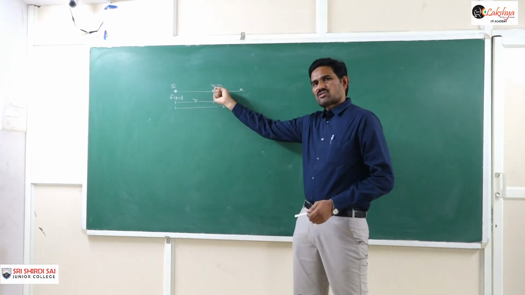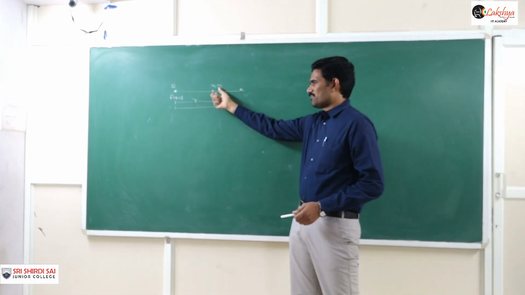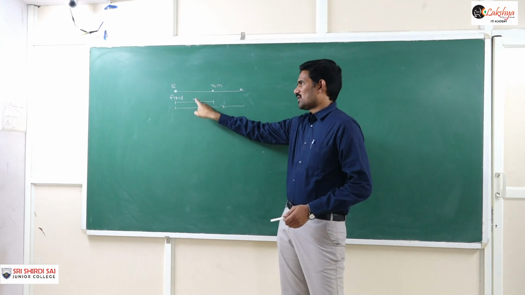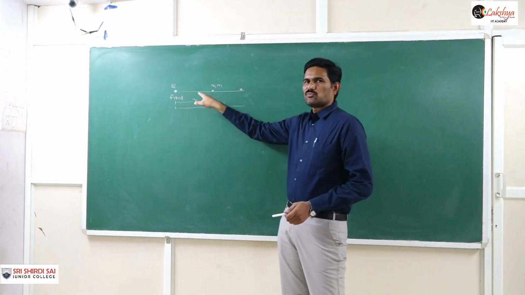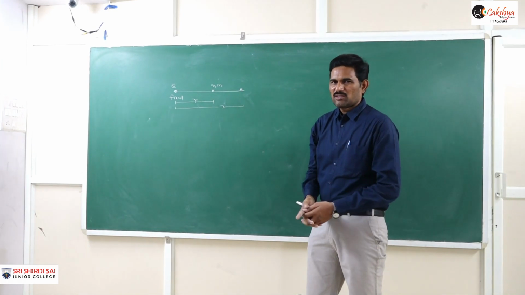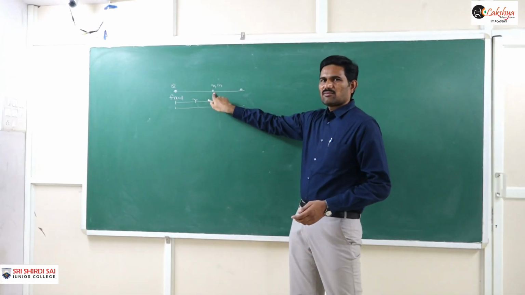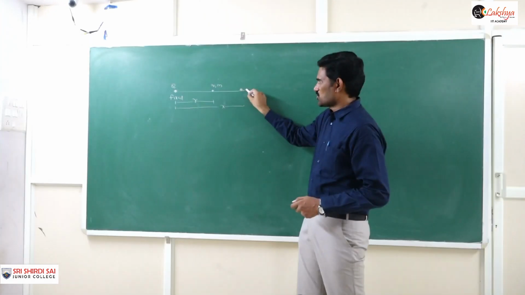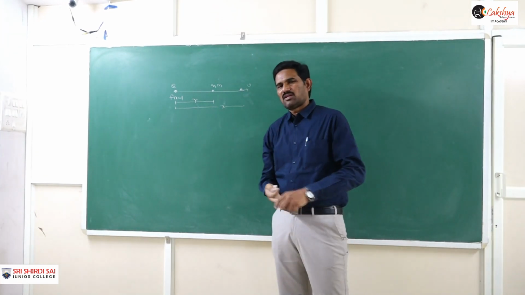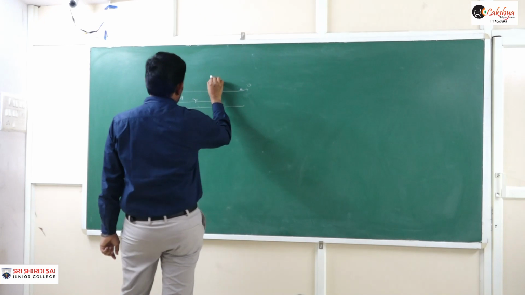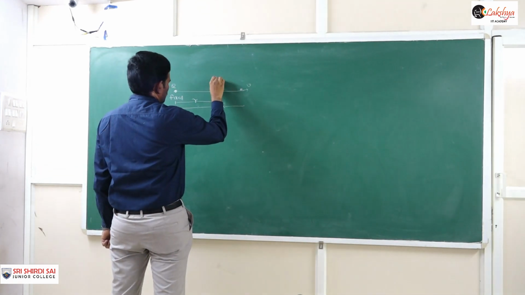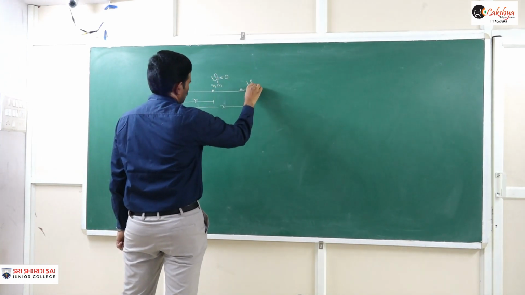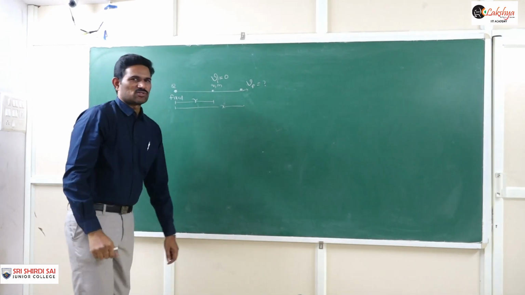A small point charge of charge q and mass m is released from a distance r from a fixed charge Q on a smooth horizontal surface. Then find the speed of the charged particle when it reaches a distance x from the fixed charge. So when it reaches this position, we need to find the speed of that particle. When you are releasing from rest, the initial velocity of this particle is 0. So we need to find the final velocity of this particle when it reaches this position.